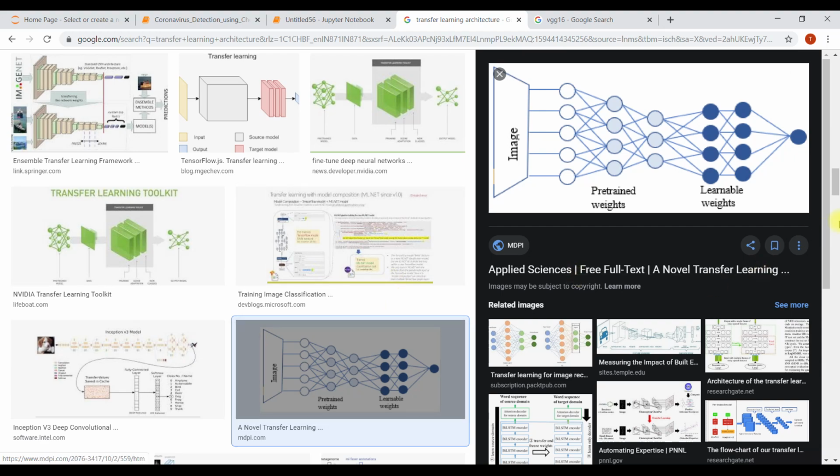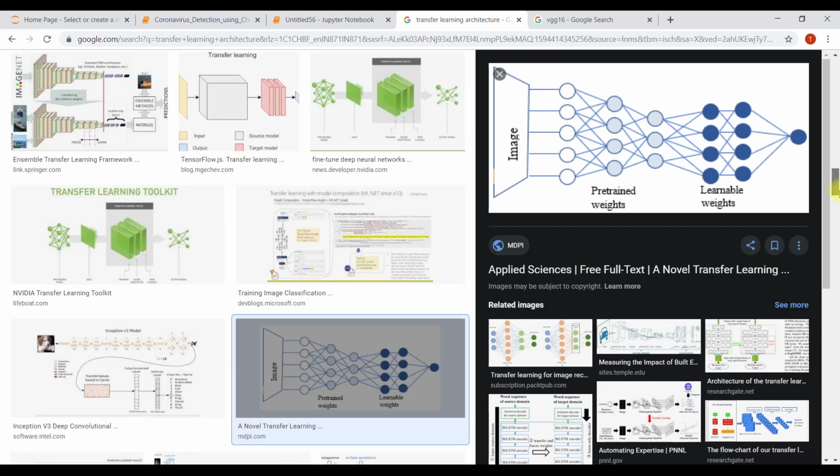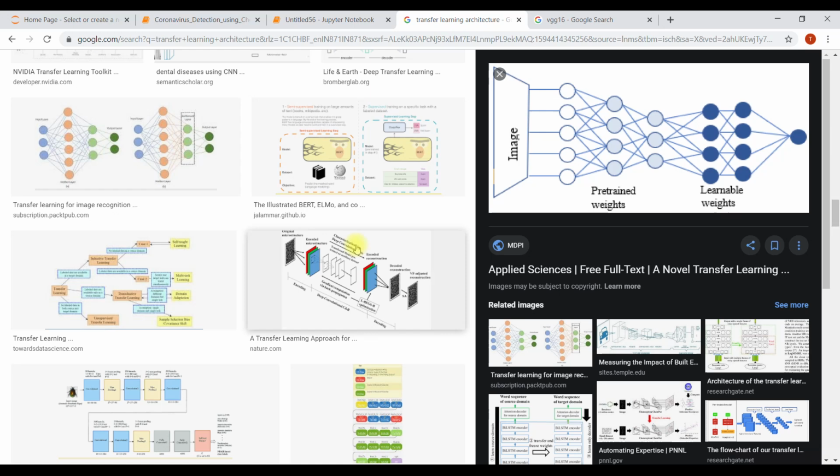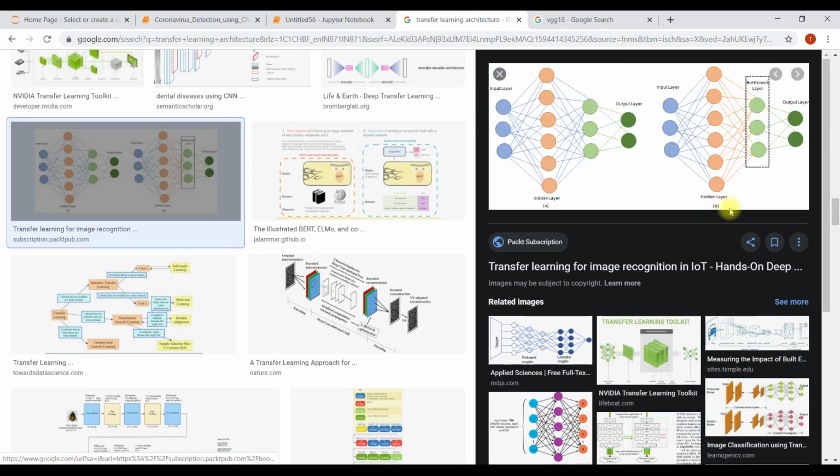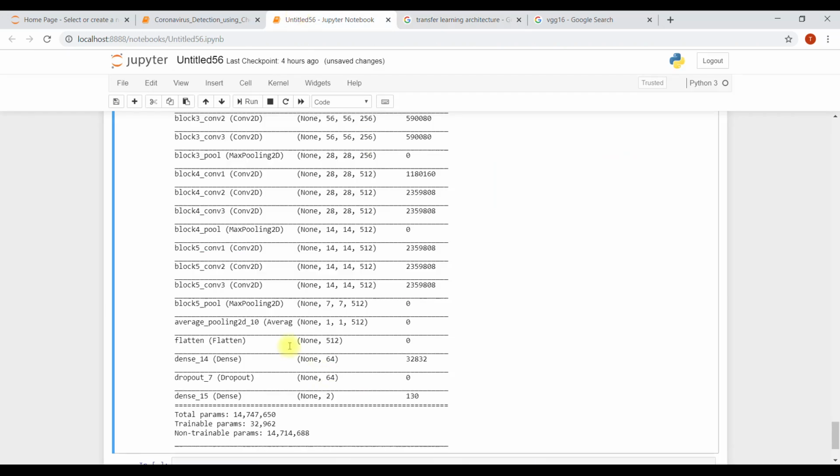I don't have any image, but it might look like this: a flatten layer, then a dense layer of 64 units, dropout layer, and at last 2 as an output.